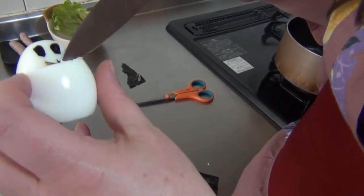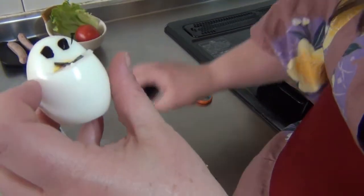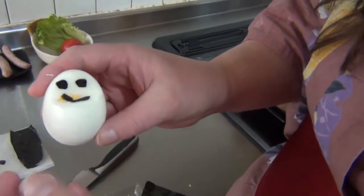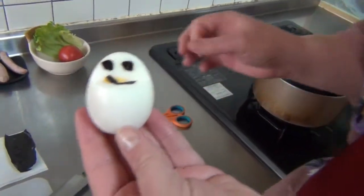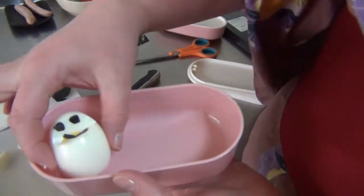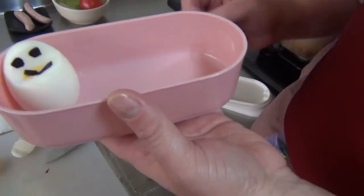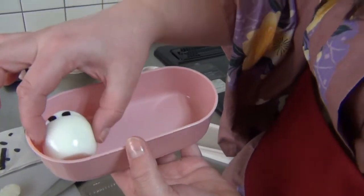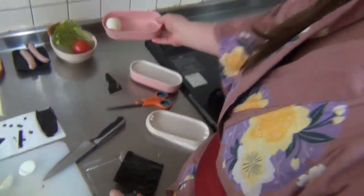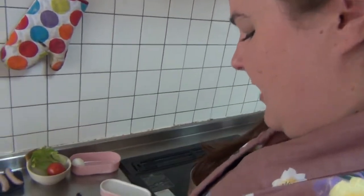Use toothpick here instead. Okay, so then you've got a happy egg. So you would take your bento box, like my little pink one, and you would put your little happy egg in your bento box. If it doesn't fit, you can lie it down. So that's number one. Okay, the second one I'm going to show you